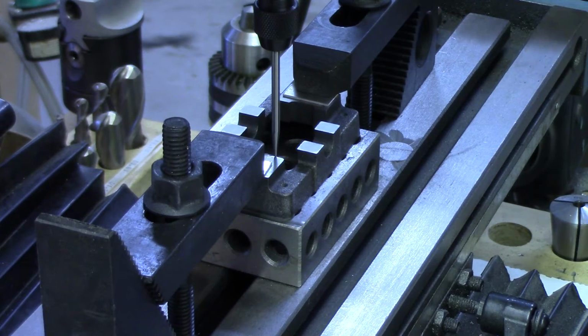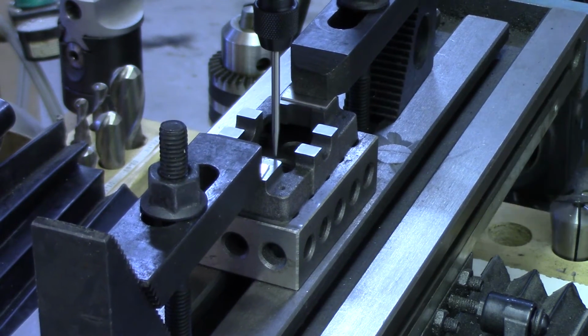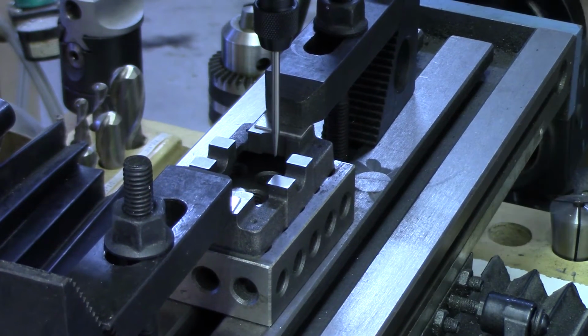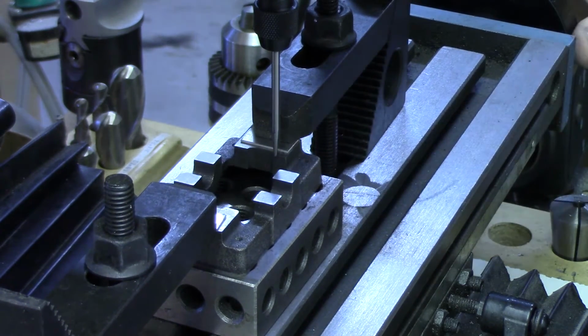With the indicator at one side, I will zero the indicator on the axis, and we will see how far it is to the other side. 1, 2, 3, up to 24,